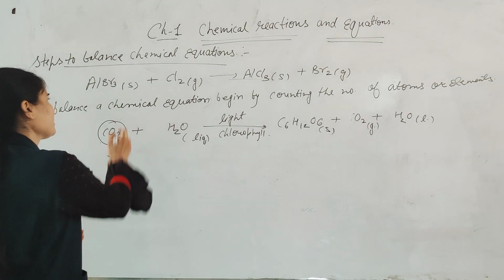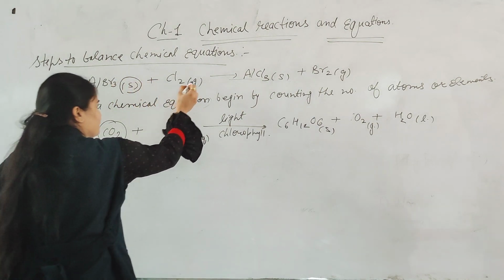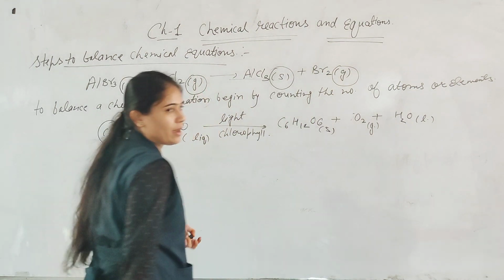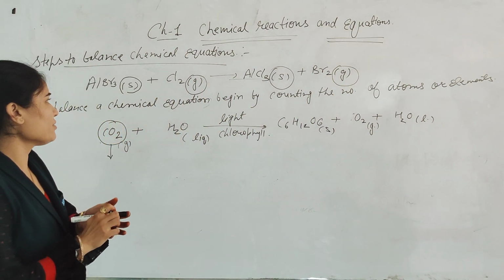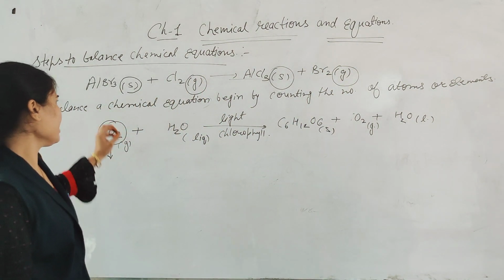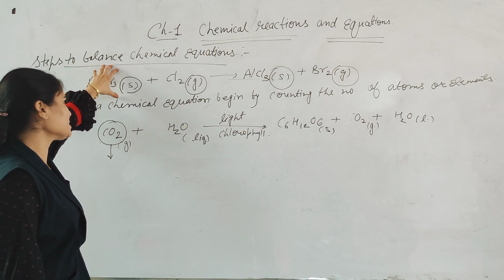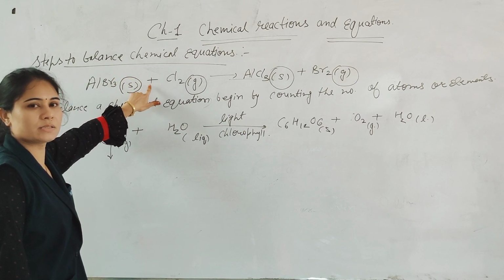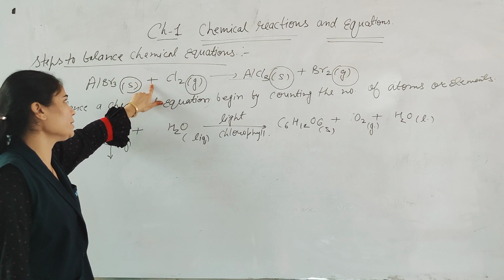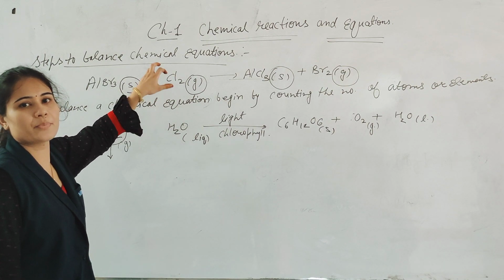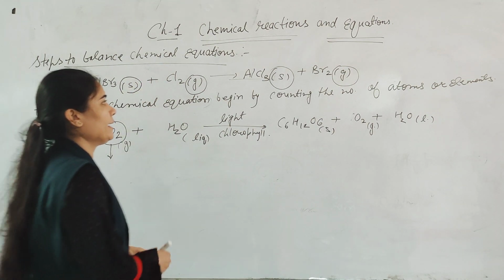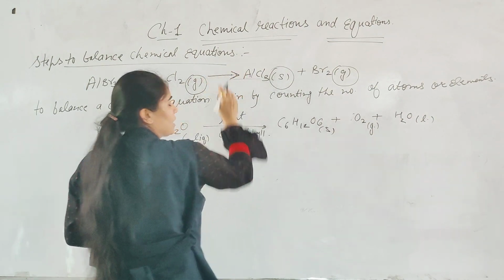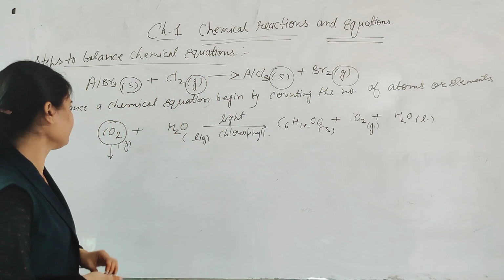First condition, this is physical states. These all are physical states of a chemical reaction. When we write down the chemical reaction, it will start with reactants. The presence of reactants will be shown with the help of the plus symbol. This plus sign is important to show the presence of reactants. And this is the arrow sign. The arrow sign means the completion of a chemical reaction.